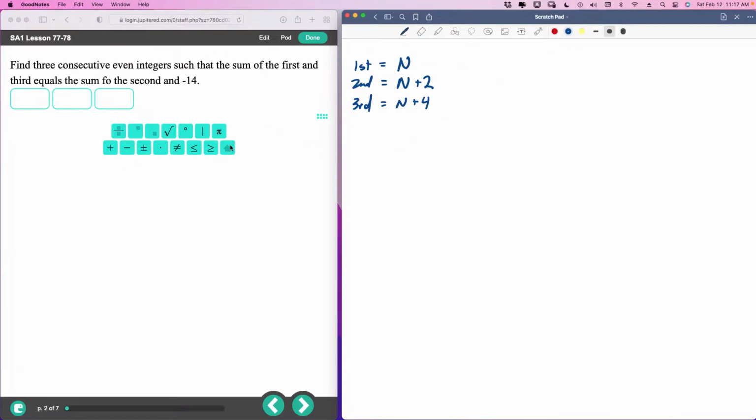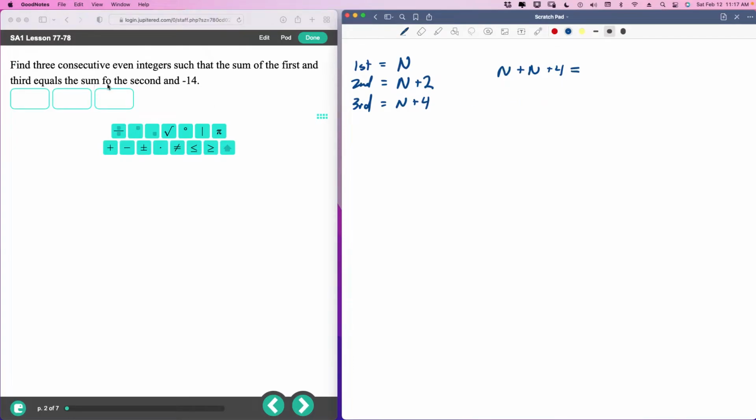Now we worry about the equation, which tells us what follows is the equation. The sum of the first and third. So we add the first and the third together. Here's the first one. Here's the third one. We're adding them together. N plus n plus 4. The sum of the first and third equals